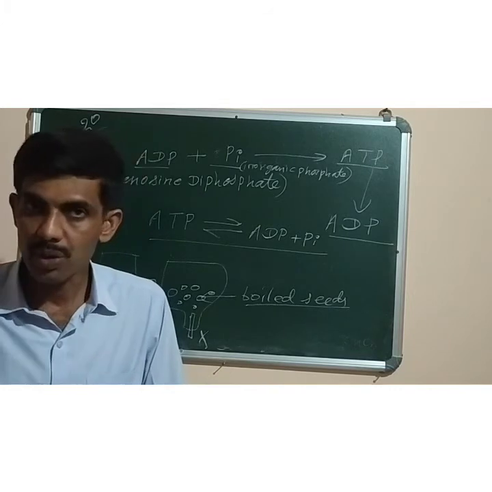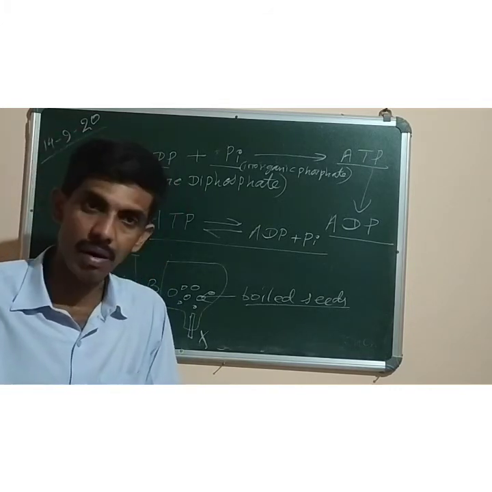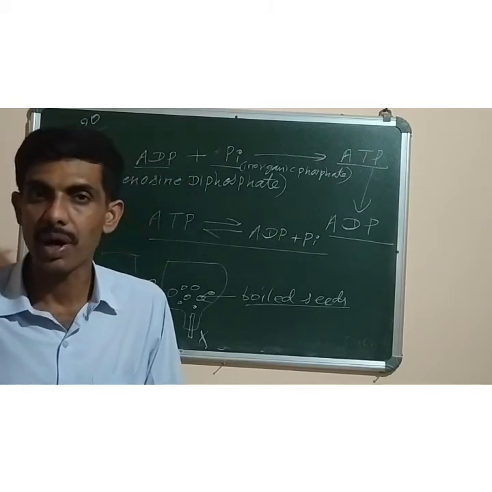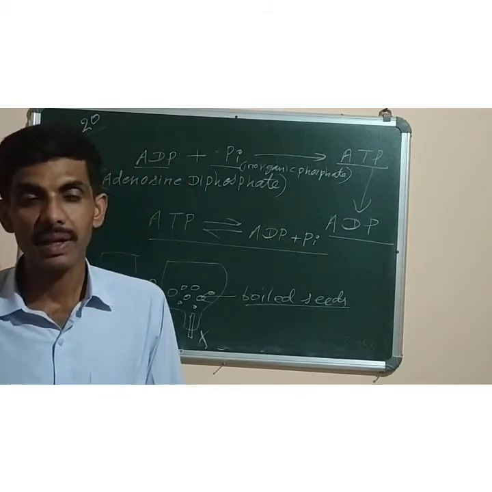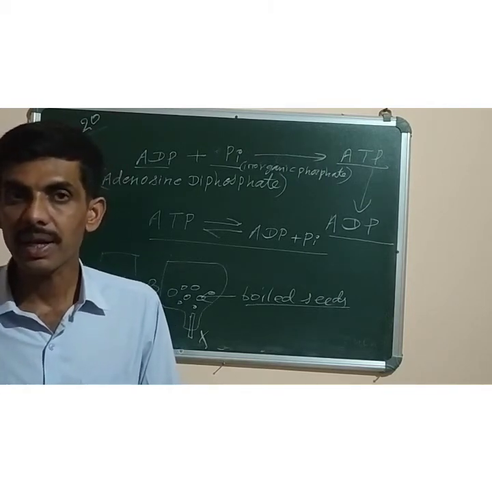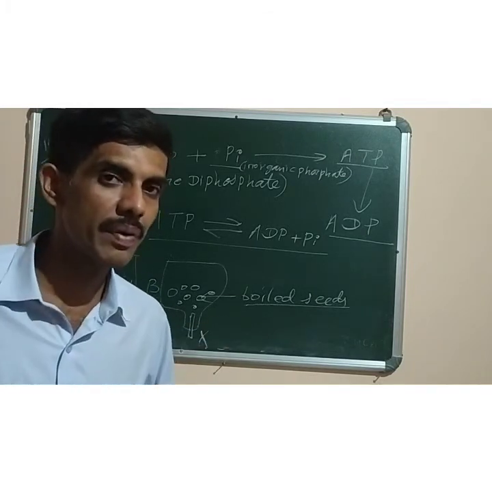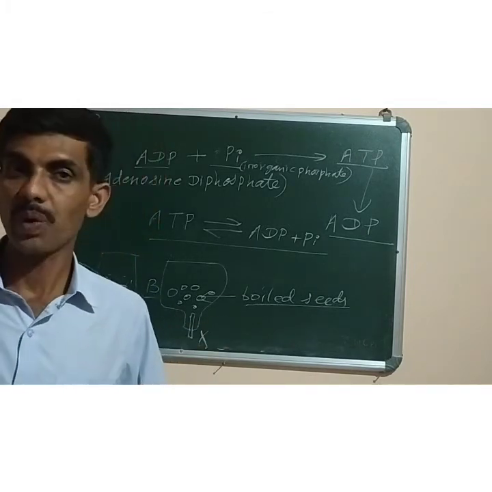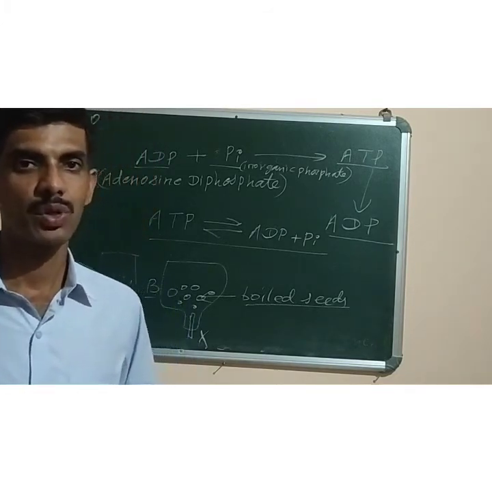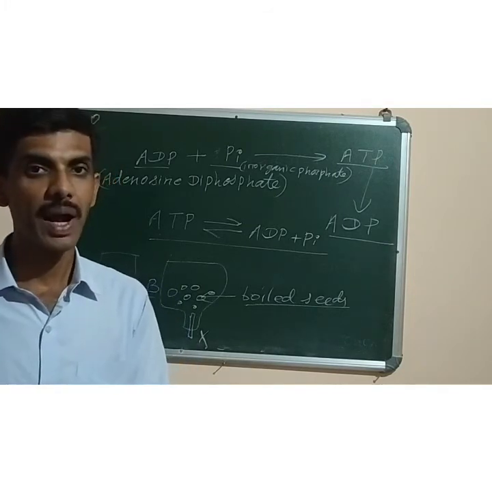For this we need to do an experimental setup in which we take a potted plant and then we use a chemical called lime water. We find that the color of lime water changes to milky color. So what does it indicate? Milky color of lime water confirms the presence of carbon dioxide gas, because when lime water comes in contact with carbon dioxide, its color changes to milky color, and that carbon dioxide was produced by the plants during the process